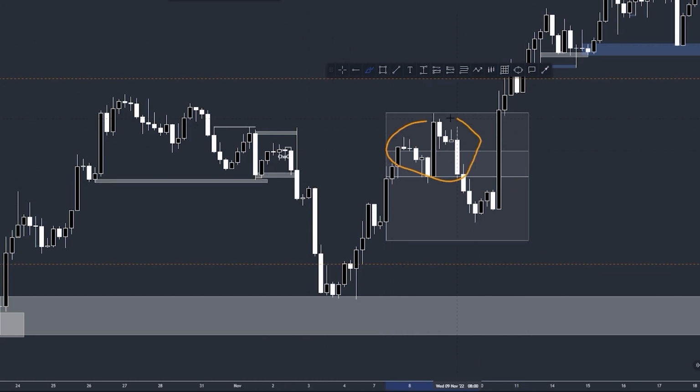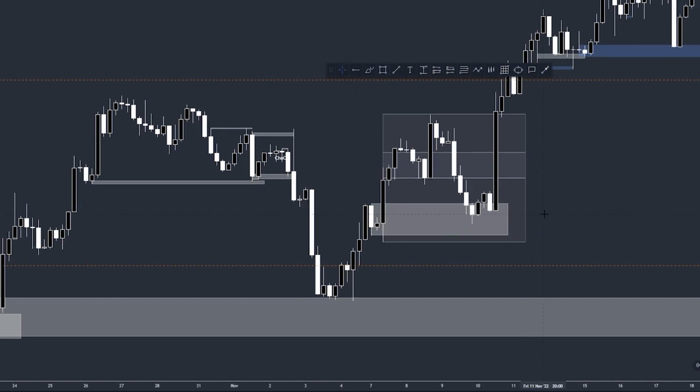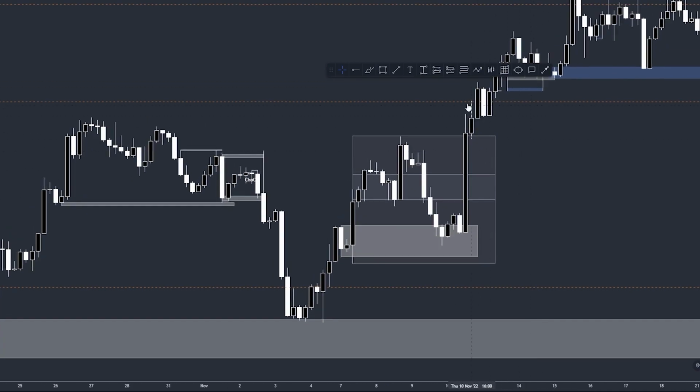So buys in this area don't really make sense, because we are basically trying to buy near the high when it's expensive. Instead, what we want to wait for is price to return to the discount zone, which is this area. We wait for confirmation here. We start adding confluences such as a valid demand zone, a POI, a change of character on the smaller time frames, and then we can execute buys from there.